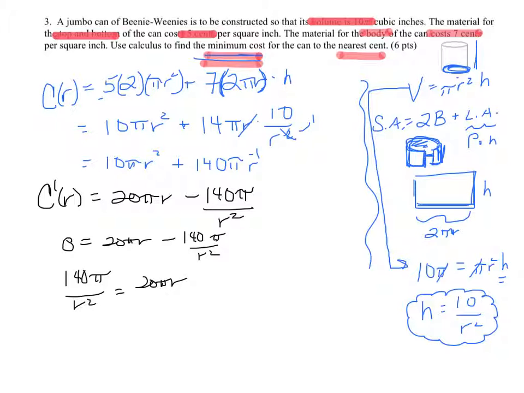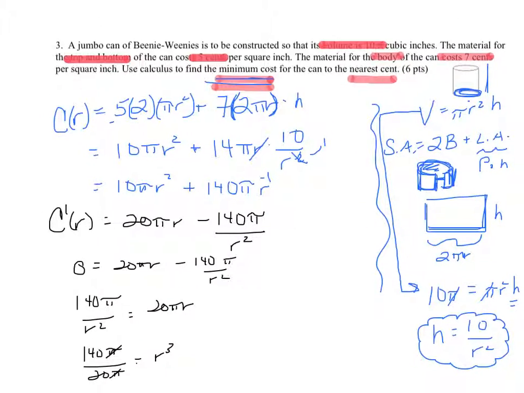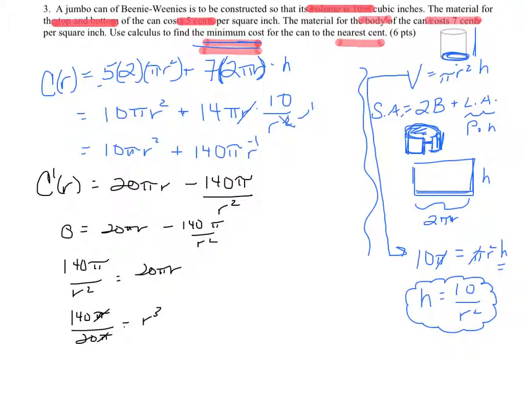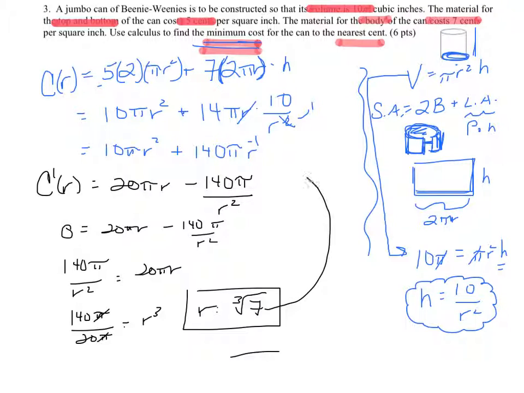So I'm going to have only r's on the right hand side. You're going to see 140 pi over 20 pi. Again, pi's cancel. This is r cubed though. And 20 goes into 140 7 times. So r equals the cubed root of 7. We want to plug this back in here to the original cost in terms of r to find out what that cheapest can is going to cost. I'm not going to get into the first derivative test for that value right now, but I will tell you,